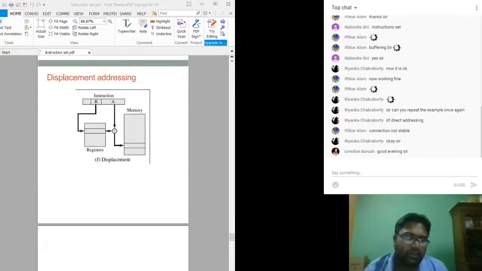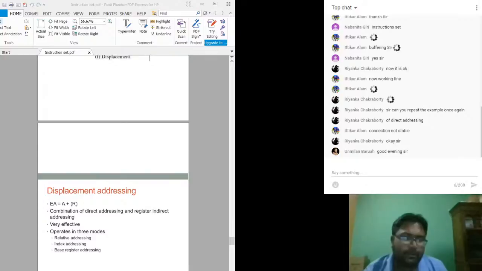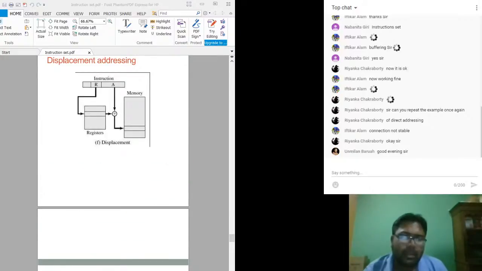Next we have displacement addressing. Here the instruction contains a starting address and some offset value. To obtain the effective address, you add the starting address to the displacement, and by adding both you get a value which contains the operand.